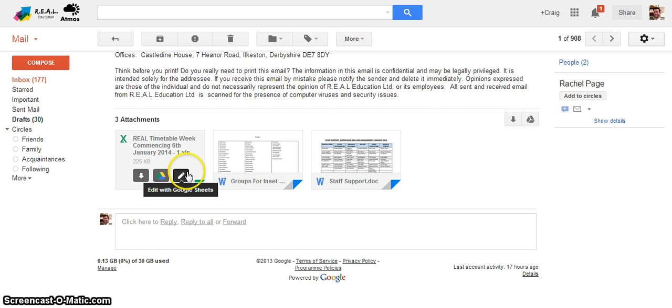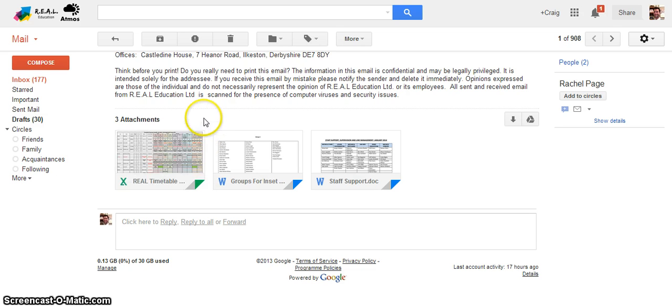What it does is it opens the document in your Google Drive and it allows you to edit and change it. Just to note that you're not changing the original and nobody else will see the changes you make. This is like a copy of the document which is stored for only you to see in your Google Drive. So it's a really useful thing if you want to adapt and change things for yourself, but it's certainly not something you'd do if you wanted everybody else to see it. Again, there's going to be more training sessions on the use of Google Drive and we can talk through some of the options, but I thought it was really useful just to give you that overview of some of the